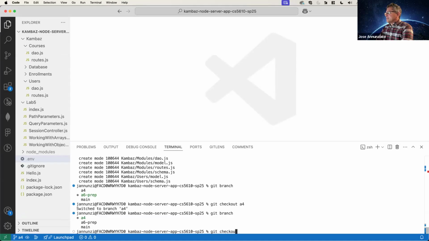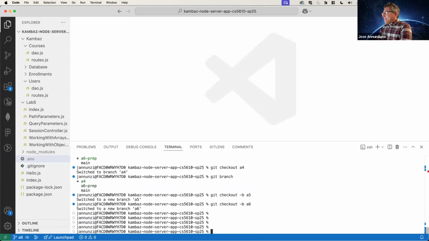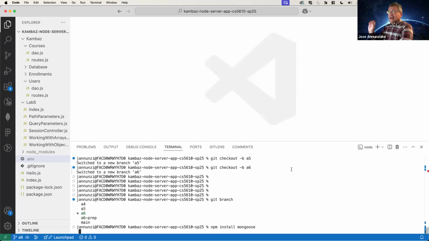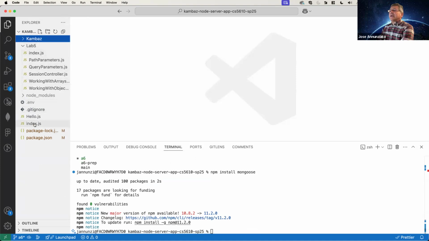Let's create a branch for this lecture. So we'll say A5. Oh no, not A5, sorry, A6. Okay, A6. And so we'll do an npm install mongoose. That's the library that's going to allow us to programmatically connect to the Mongo database. Okay, and then to be able to connect to it in our index file,